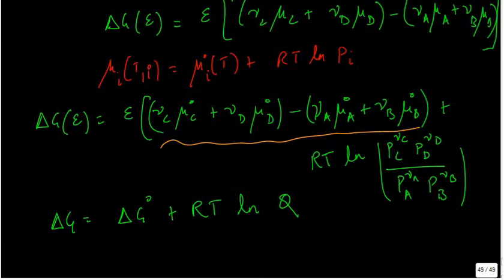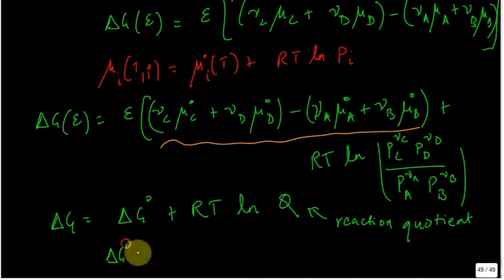Now, that's called the reaction quotient. Very nice. So that's the, what happens at equilibrium? At equilibrium, delta G goes to 0, right? So my delta G naught of this particular reaction